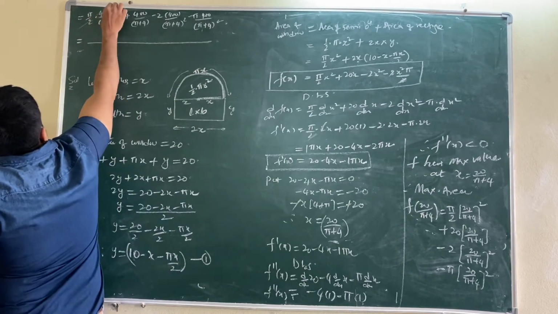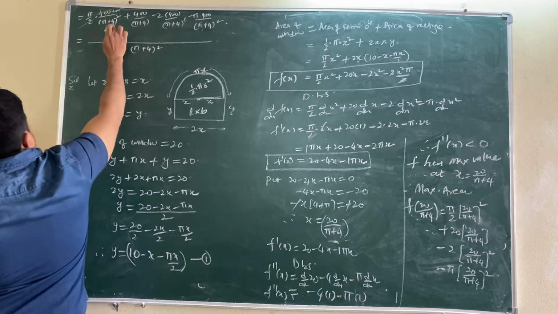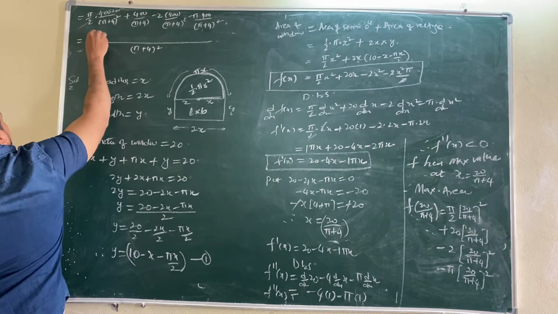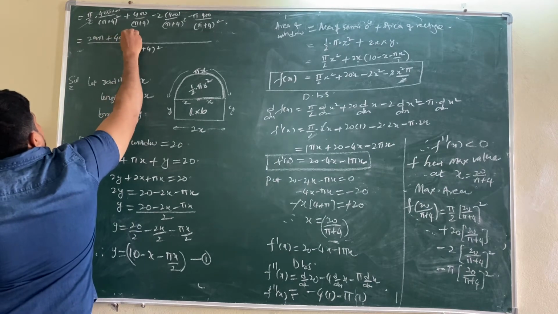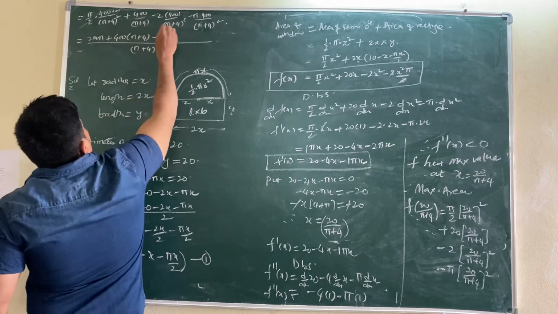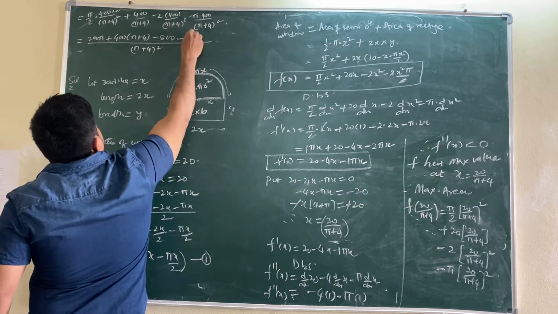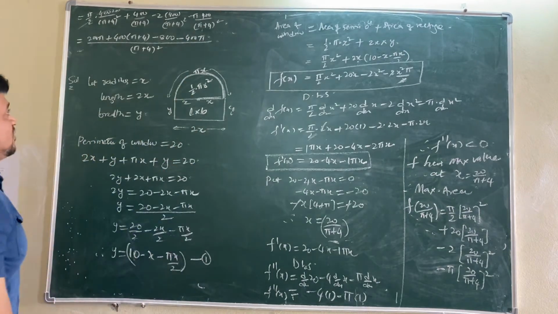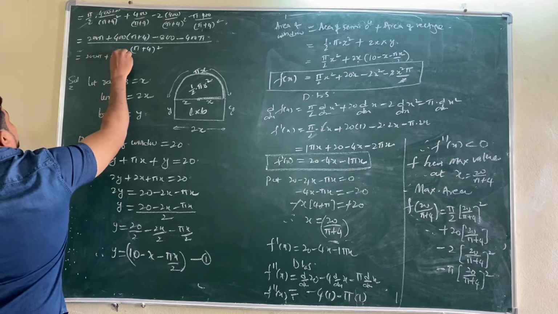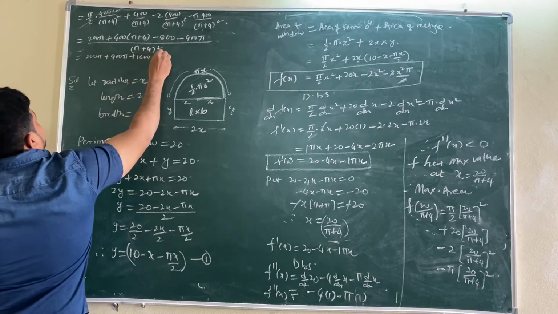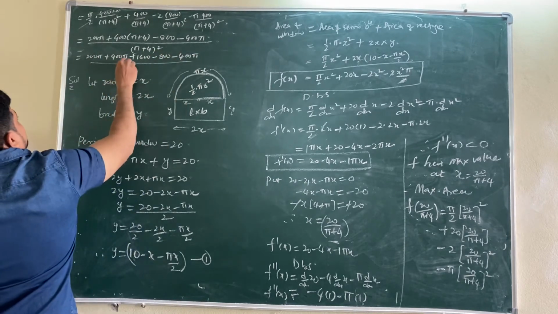Now pi plus 4 whole square is the LCM. Wherever pi plus 4 whole square is there, in the numerator write that only. Here pi plus 4 square is not there. 400 into pi plus 4 is given here. Minus pi plus 4 whole square is there, just multiply the numerator. Now we have 200 pi plus 400 pi plus 1600 minus 800 minus 400 pi divided by pi plus 4 whole square.